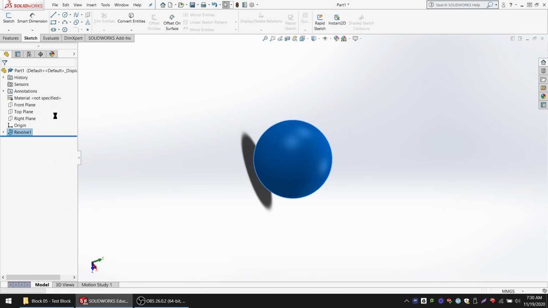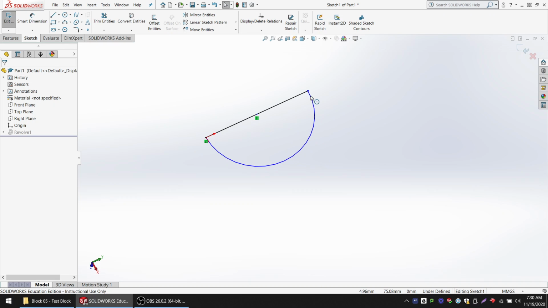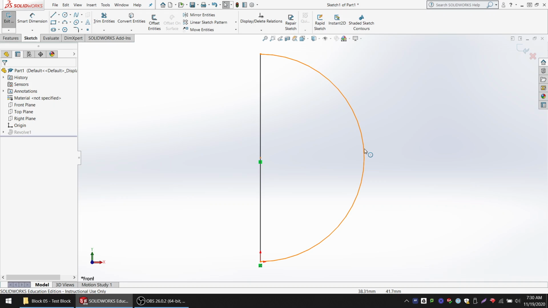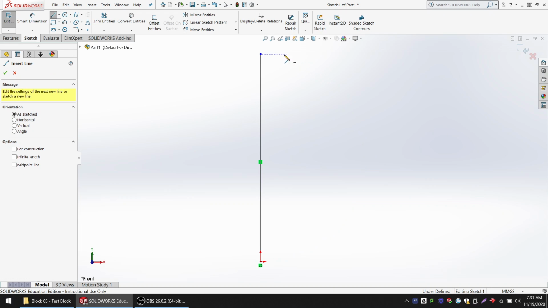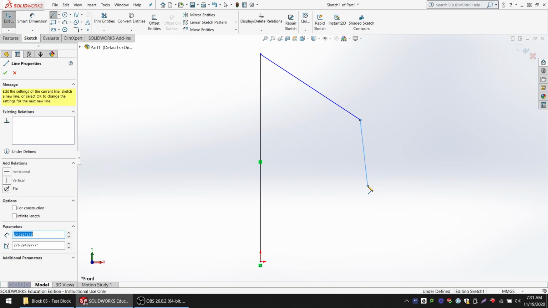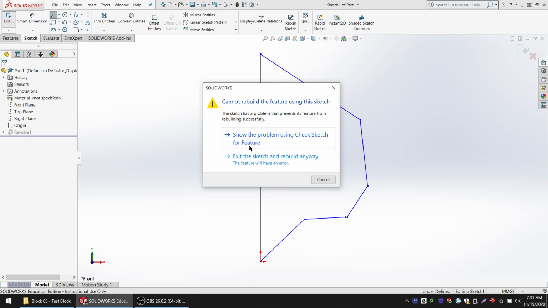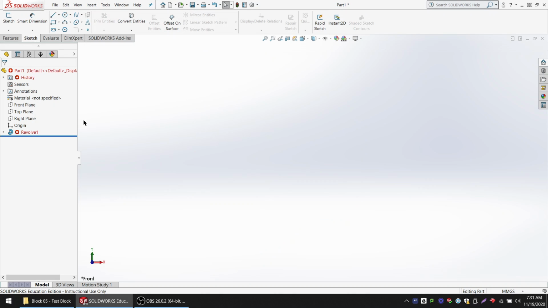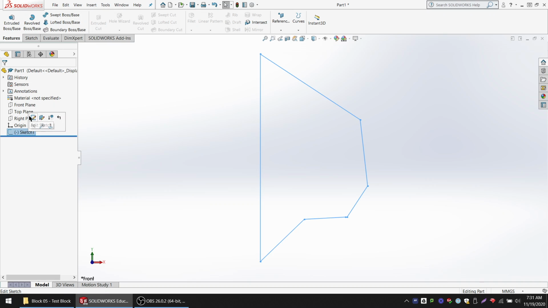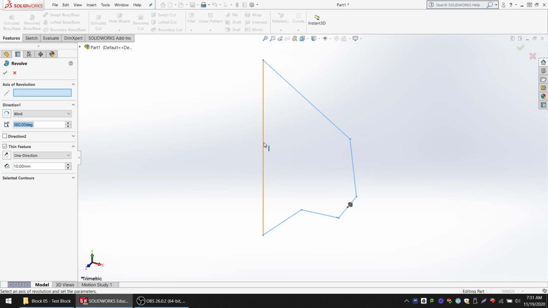If I edit this and go back into my sketch, whatever this outline is going to be, that's the outside shape. So if I did some other shape here, then it would copy that around. And it doesn't have to be curves, whatever shape you put into there will get copied around. So redo that, select my sketch, Revolve base, choose my center line,